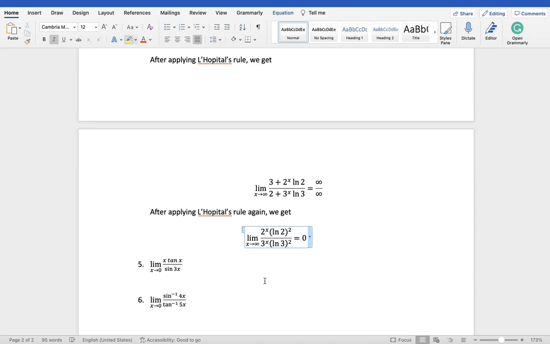You can do that in this case, because as you can notice, if we keep applying L'Hopital's rule, you will see that you will keep getting the exponent that comes back, right? We'll keep getting 2 to the x times ln 2, then 3 and then 4, same thing in the denominator. So we'll keep having the 3 to the x and the 2 to the x. But